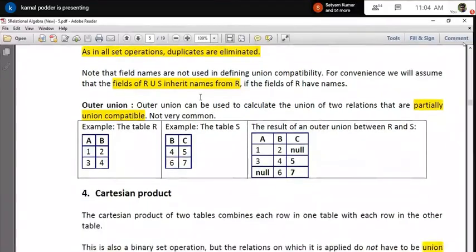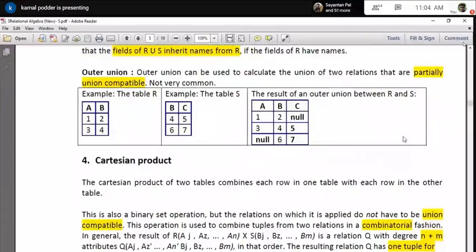There is another variety of union, sometimes called the outer union. I have just given an example of the concept: it applies when tables are partially union compatible. Let's take an example. In this table there are two columns, A and B, and the other table has only two columns, B and C. That means only column B is common.